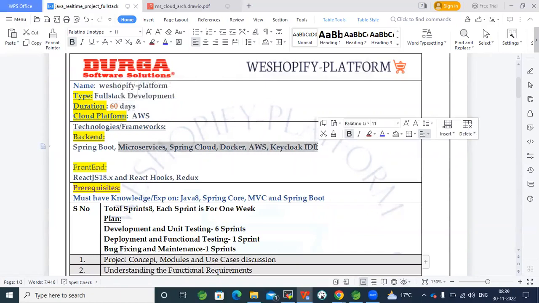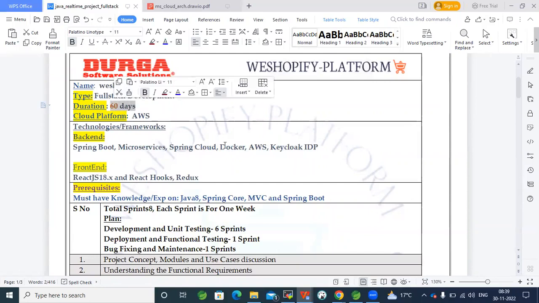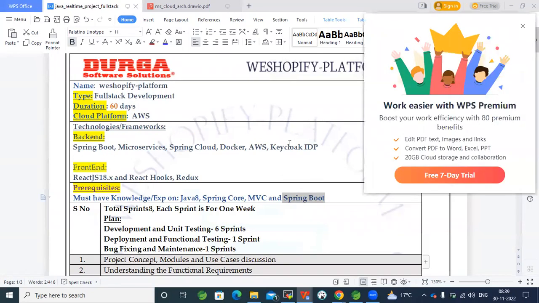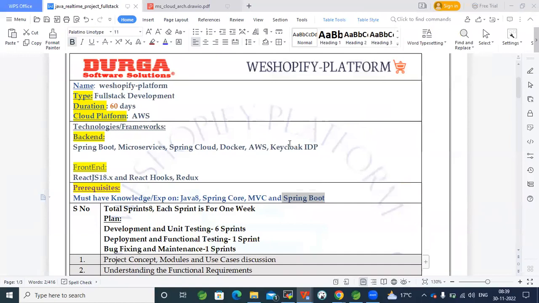These are all theoretical concepts. I have to implement this within the 60 days, so it is the biggest challenge for me. That's the reason this program is suitable for the guys who have Spring Boot experience or knowledge. Those who have the knowledge or experience of Spring Boot and Java, yes, definitely this is the right course for them. The folks who don't have Spring Boot knowledge or experience, this may be a little tough